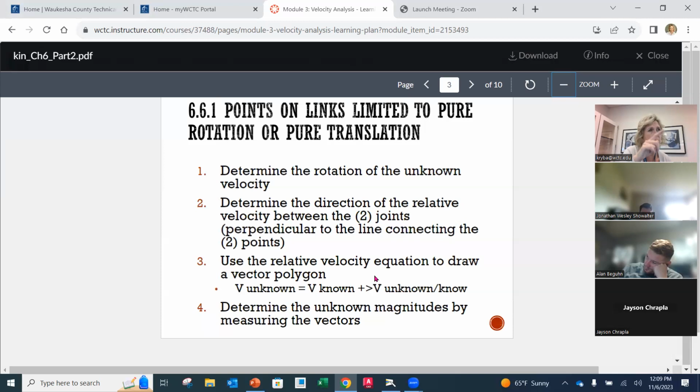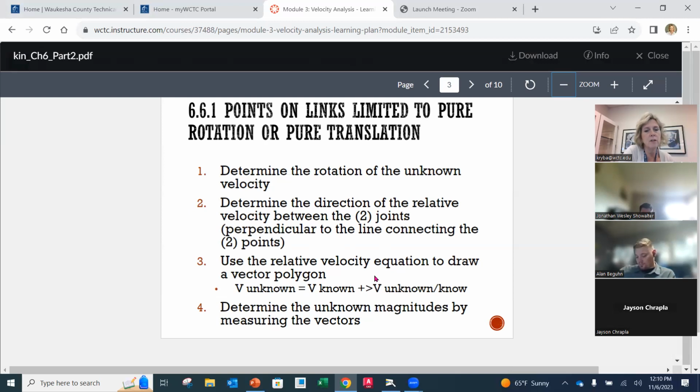So that gives us a hint of the direction of the velocity that we'd be looking for. So many times we know directions of velocities because we know that they're always going to go in the direction of rotation and perpendicular back to its center of rotation. So we always usually know at least direction, but it's going to be magnitude that we need the